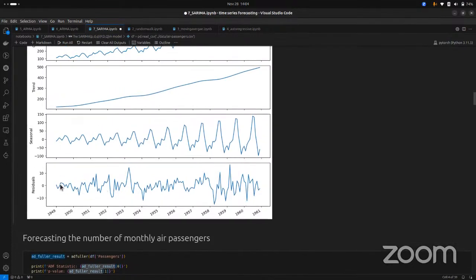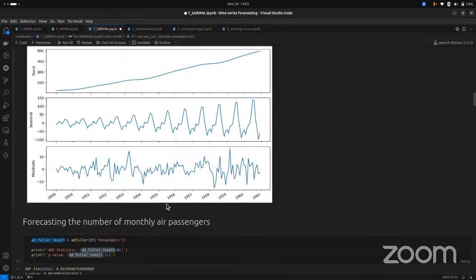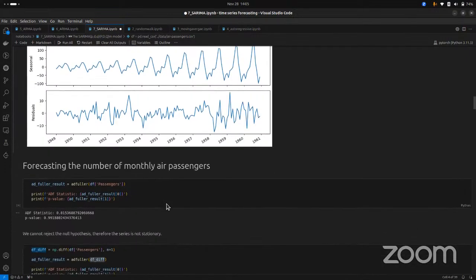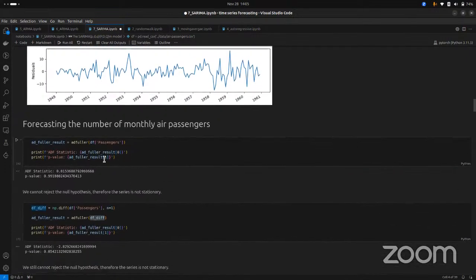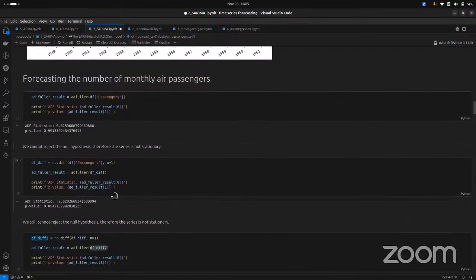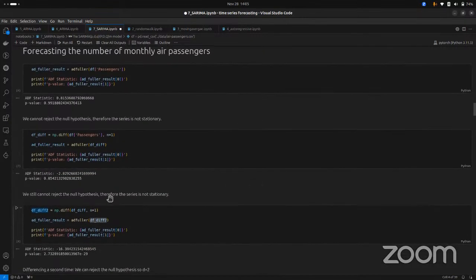So this is the residual. We always see that the residual is random, right? Like a random stationary process, right? So the first thing we do, we need to determine what our D is, right? And we most likely stick with D as 2, right? D is most likely 2 because when we run